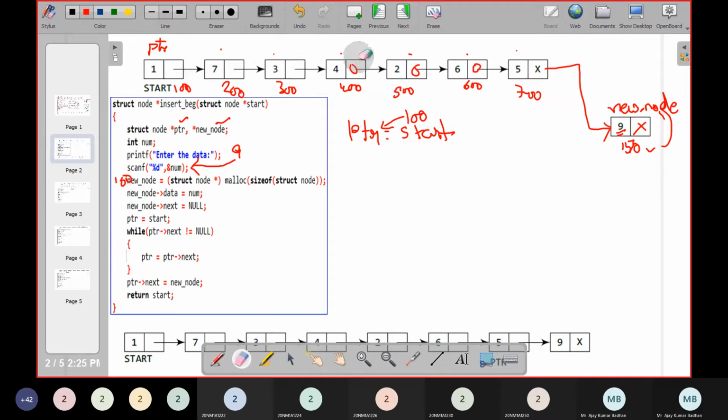So if you see here, pointer next not equal to null. Initially the pointer is pointing where? Pointing to the first node. And what is the address in the next block we have here? 200. Now 200 is not equal to -1. Null is nothing but -1. The condition is satisfied. What do I need to do? I need to make this pointer jump to the next node. How can we do it? Pointer equal to pointer next.